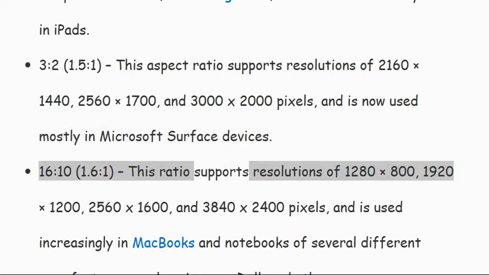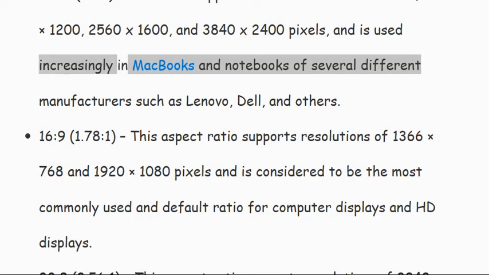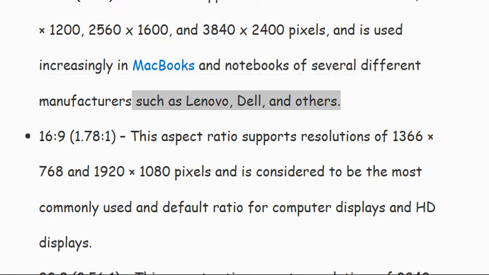This ratio supports resolutions of 1280 x 800, 1920 x 1200, 2560 x 1600, and 3840 x 2400 pixels, and is used increasingly in MacBooks and notebooks of several different manufacturers such as Lenovo, Dell, and others.